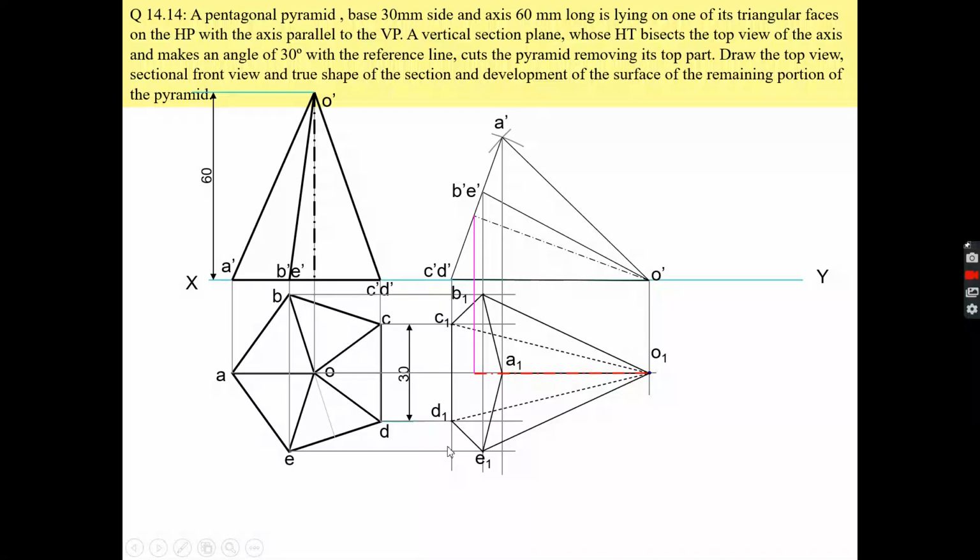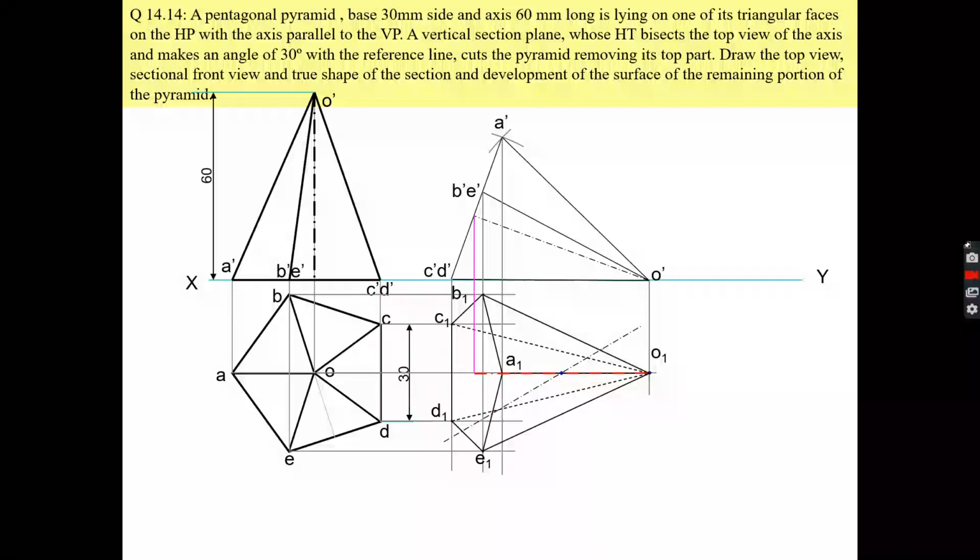Suppose you are cutting the solid like this, okay. After cutting the solid, you have to remove the portion which is nearer to you. If you cut the solid like this, you have to remove this part, and this part is the bottom of the solid, right? If you cut the solid like this, so this top portion will cut out, right? And you have to remove the top part. So this part is nearer to you, so you are fulfilling the requirement of the question. So you have to cut the solid like this. So like this, you can cut the solid.